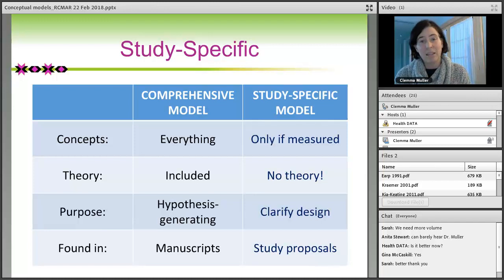The purpose of these models is typically hypothesis generating. It's rare that a comprehensive model can be tested in a single study in its entirety because there are usually far too many connections and relationships between the different concepts in the model. So generally this is published in a manuscript and serves as a hypothesis generating tool for more specific and narrowly focused studies. Usually you find these in manuscripts. You would not usually generate a new comprehensive model for a grant proposal. You would publish it in a manuscript and then reference it to justify whatever the research is that you're proposing